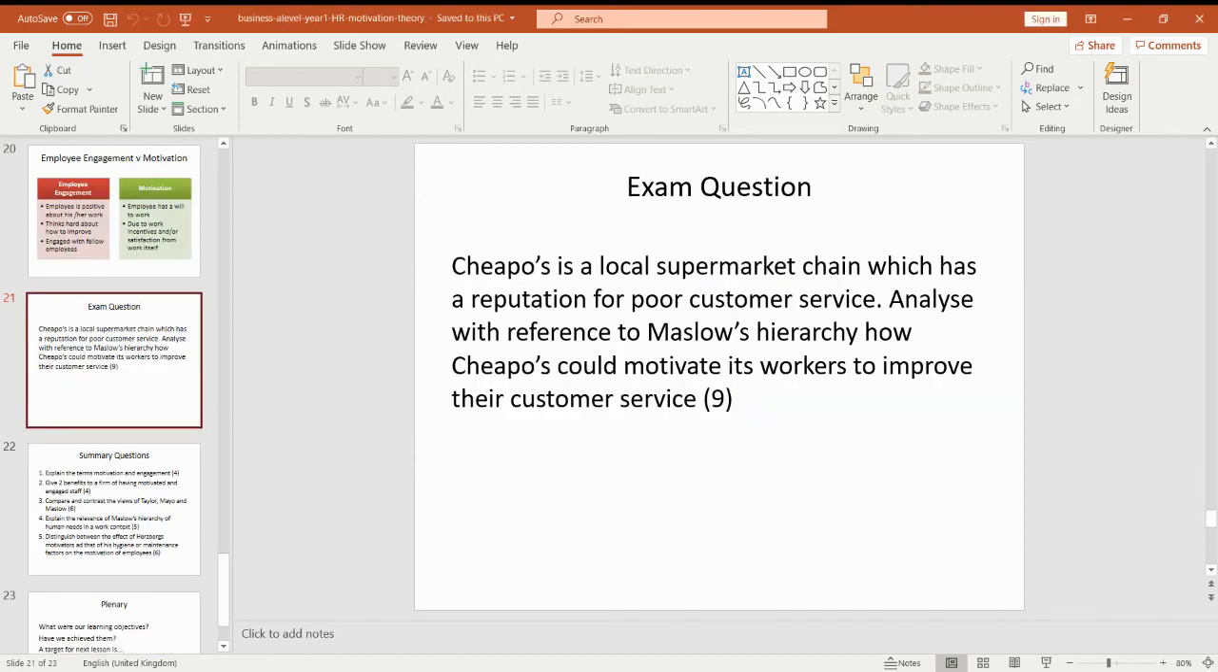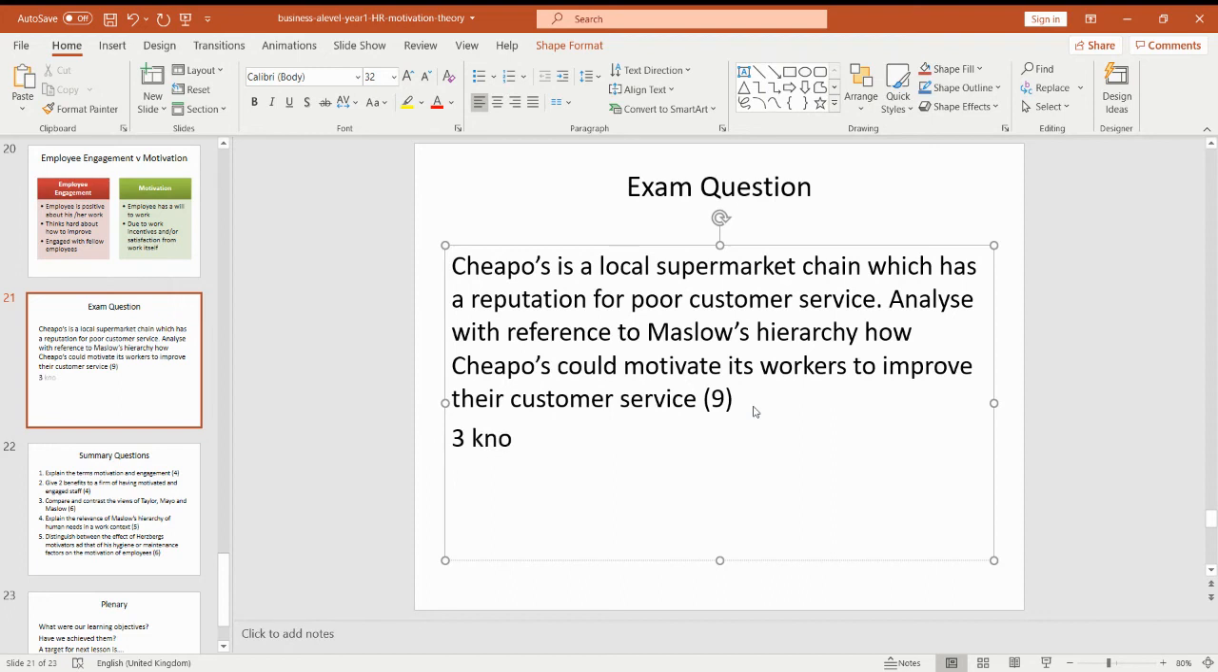Okay, now we're coming to the last bit of the session. What I would like you to do now is have a go doing this exam question. So, Cheapos is a local supermarket chain which has a reputation for poor customer service. What I'd like you to do is to analyse, with reference to Maslow, how Cheapos could motivate its workers to improve their customer service. So this is a 9-mark question here, and as it is a 9-mark question, you would have 3 marks